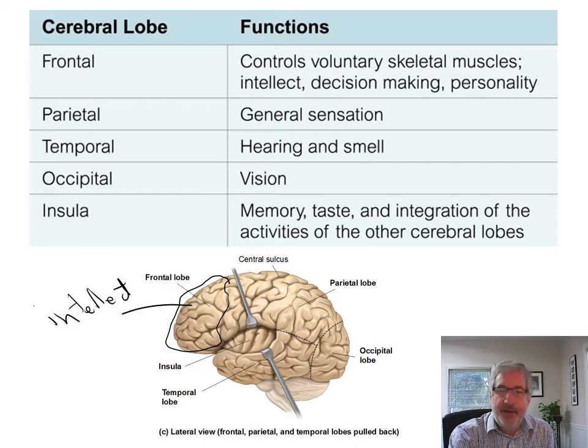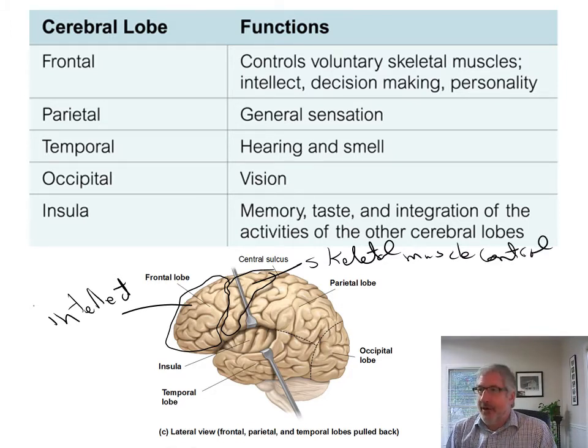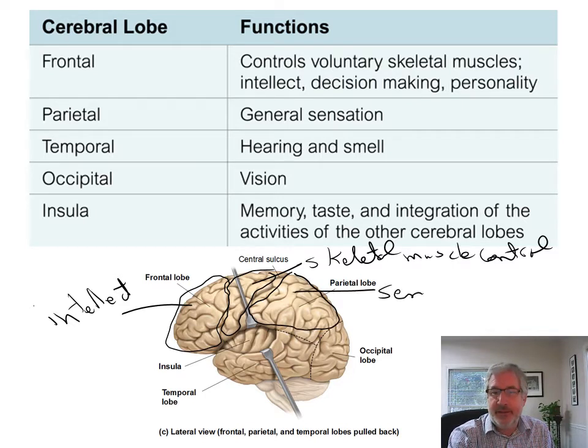Intellect. And this area through here is all for controlling skeletal muscles. Skeletal muscle control. What that means is there are efferent fibers coming out of that, going down to the skeletal muscles. The parietal lobe is for sensation. So this area back here is all for sensing and processing